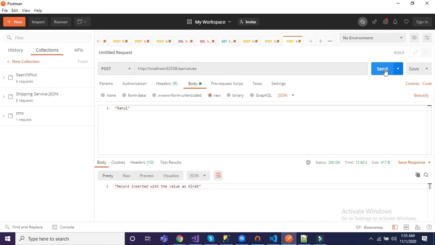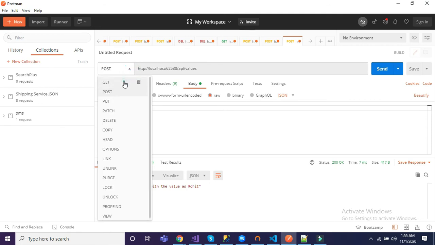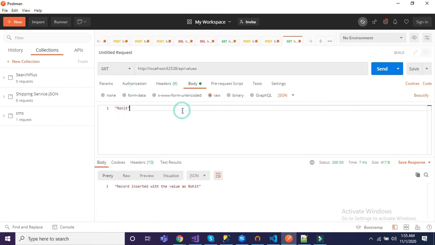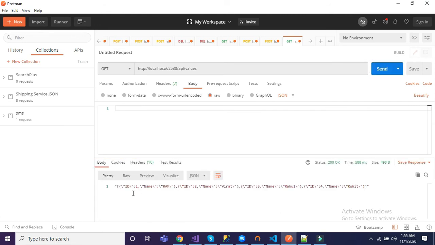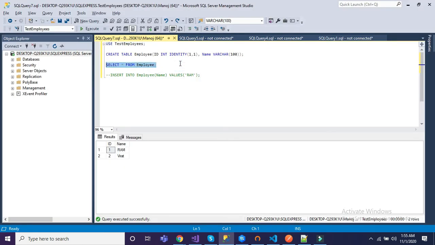Let's save Rahul, saved, and another one is like Rohit, save. All right, so if I just go and get, let me remove this. See, we have received all our records like Ram, Virat, Rahul and Rohit, and let's just check it in the SQL. Yes, we have 4 records.